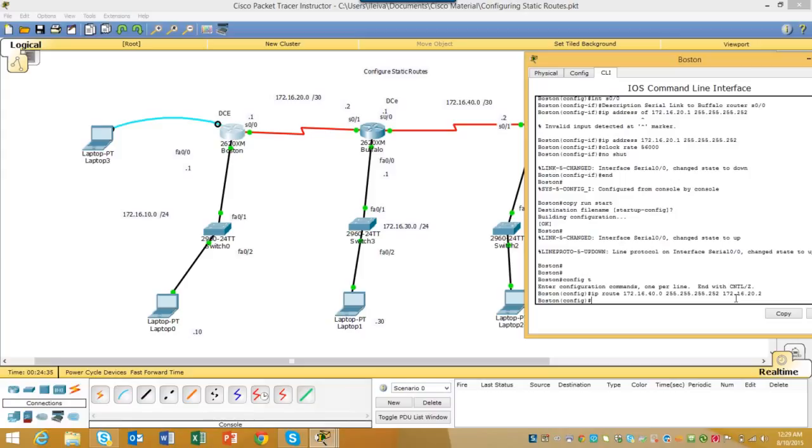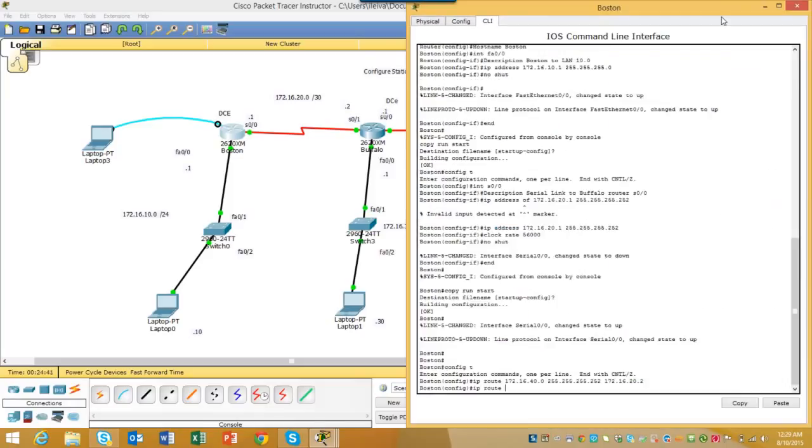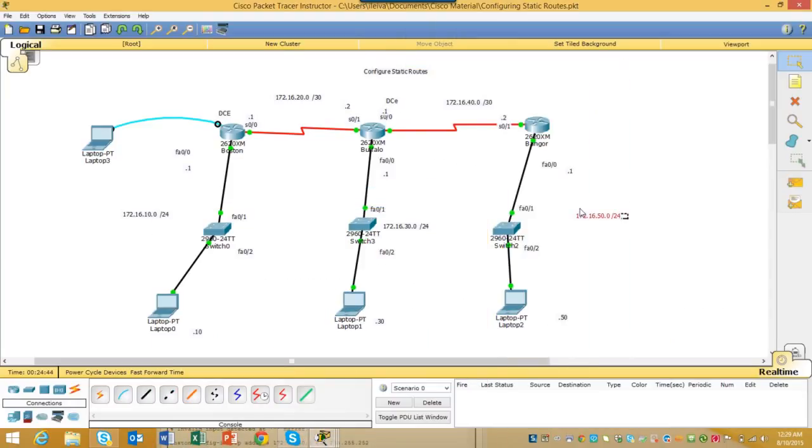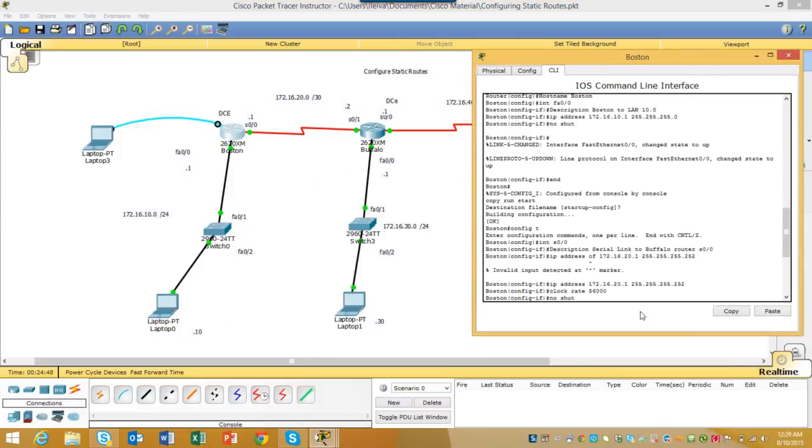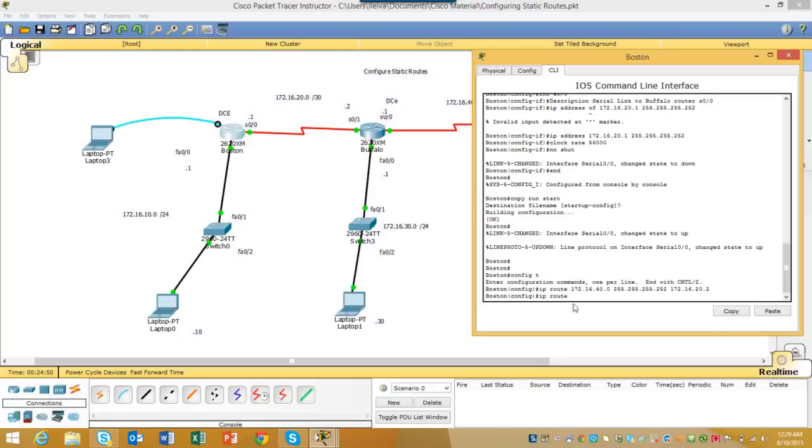We are also going to tell this router, IP route, if you have any packets that belong to that 50 network, so this network here, we want you to send them out the following port. IP route, if you have any packets that are destined to 172.16.50.0 with a subnet mask of 255.255.255.0, we want you to send it through